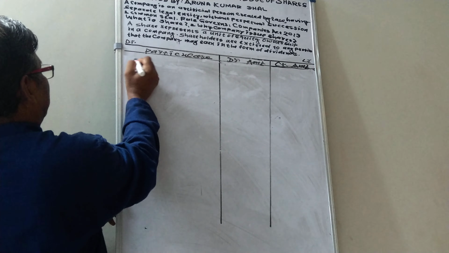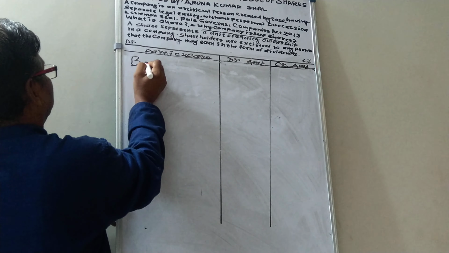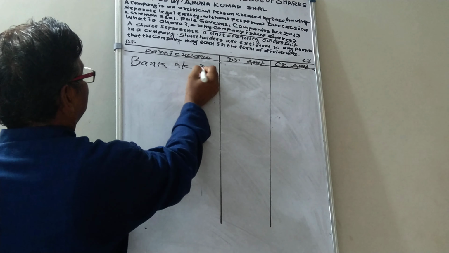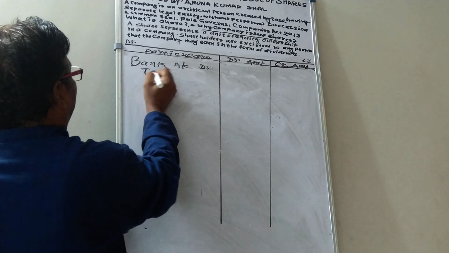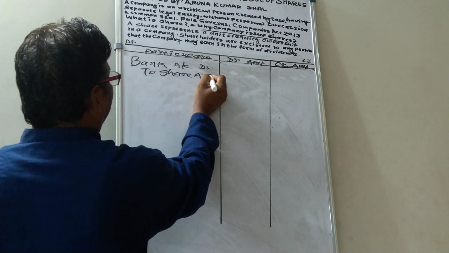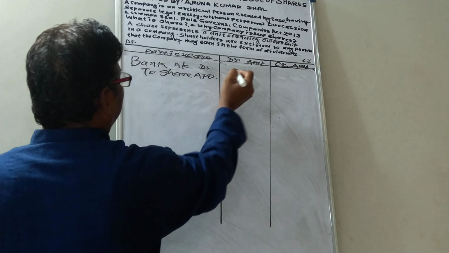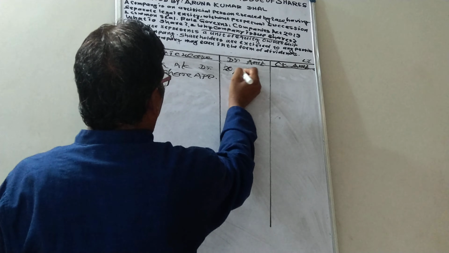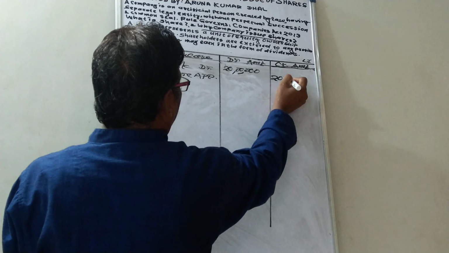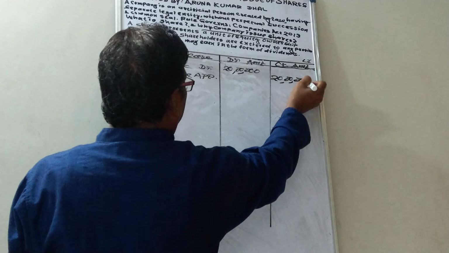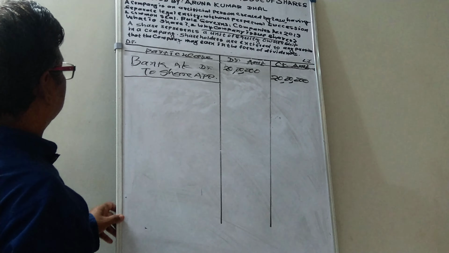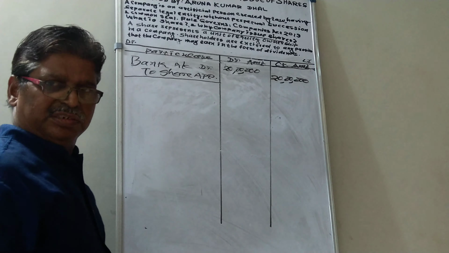Then the company receives application money of 20 lakhs. So bank account debited to share application account, that is 20 lakh. In the narration, it will mention being application money on 1 lakh shares at the rate of 20 each received. Then the company will fix or take a decision